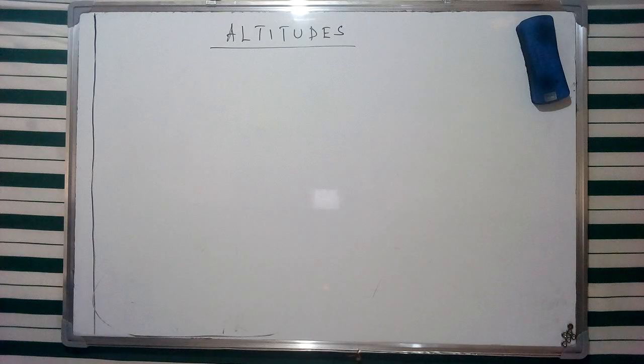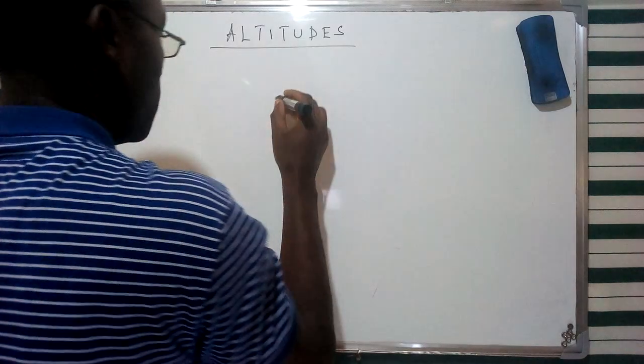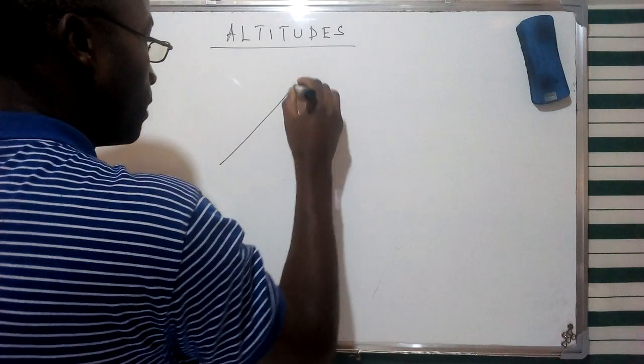Hi guys, in this discussion we are going to look at one of the characteristics of triangles, and of course I'm going to use triangles as an illustration to help us understand this concept. From our previous discussion we have looked at different characteristics of especially perpendicular bisectors, angles and segments, and